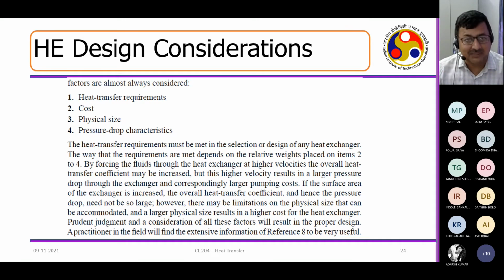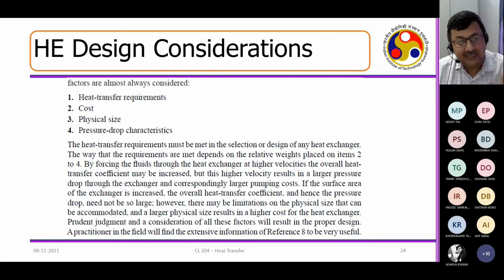Second point, as I have been mentioning from the beginning of the part, is the cost. Third is the physical size. It can be very big or very small. Very big means a lot of manpower and maintenance are necessary. Small means it is easily manageable, but then it can be costly. Now, small or big, if you are putting a lot of fins and a lot of area, what is the problem? It may have high friction, then you have to really worry about the pressure drop characteristics, right?